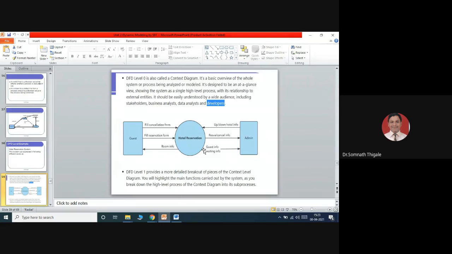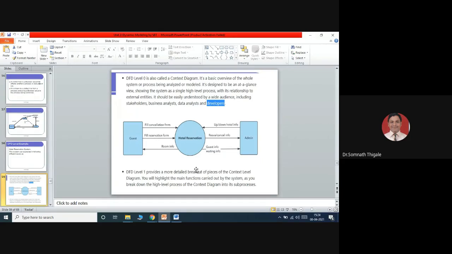Guests can put in a request, check how many rooms are available, what the rent will be, and what facilities and amenities are available at the hotel, and based on that we complete the reservation process. We can represent this in the simplest format, so I'm calling it a context diagram, or simply a data flow diagram level 0, the initial level.